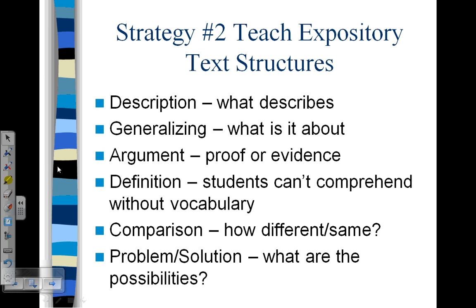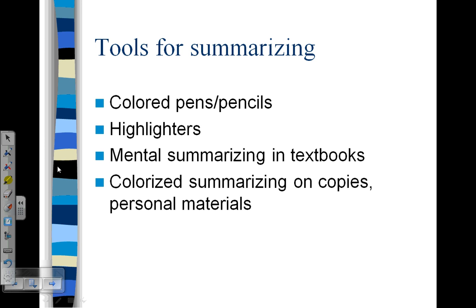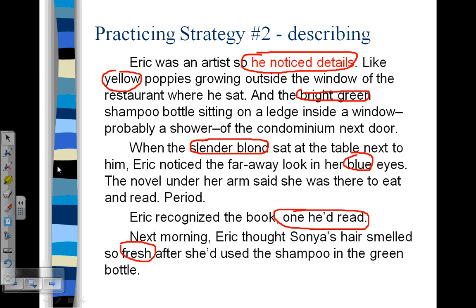All the text structures can be done mentally. That's what we do as teachers and adults when we read. Colorized summarizing can be done on copies of personal materials, things that you don't mind students writing on. So practicing strategy number 2,